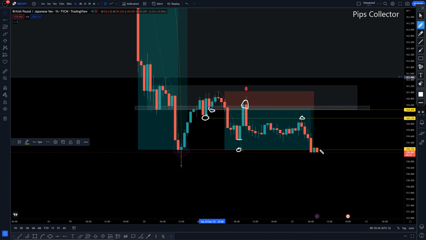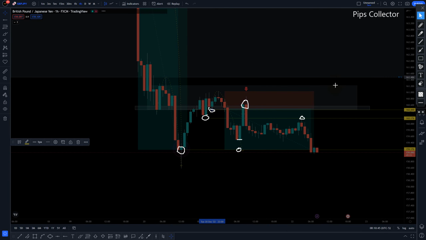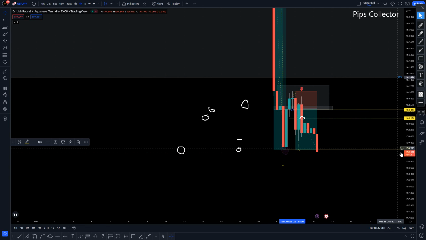Now, this is another thing I was talking about earlier with the team. Price has broken this low, okay? It closed below it. You wait for retracement and you anticipate price to continue dropping. However, taking this sell here will be aggressive because you're taking a sell on the 1 hour, which is approaching the close of a 4 hour candle. We have just 45 minutes for this 4 hour candle to close. So it's better to wait for the 4 hour candle to close and you take it during the what? New 4 hour candle open.